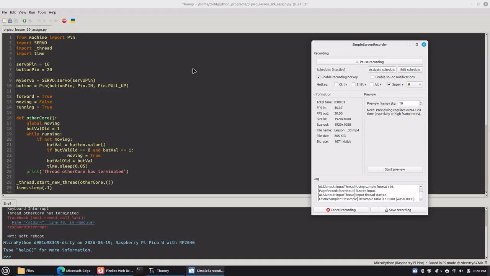So this is the code for lesson 69's assignment. I'm using 2 threads with a button and a servo. So here you just import the library, set up the servo and button pin, set up the servo and button, define 3 variables that I need: a forward boolean to keep track of the direction the servo is going,